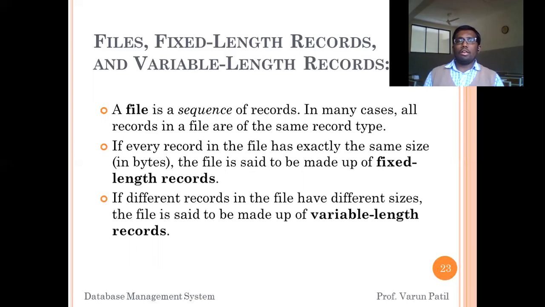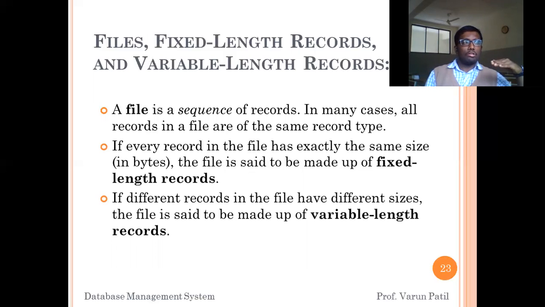So we can say that a file has fixed length records when every record's length is the same in terms of bytes, that is, in terms of size. For example, the student name Ram, then Rahim, then Sagar, and then Manjunath.